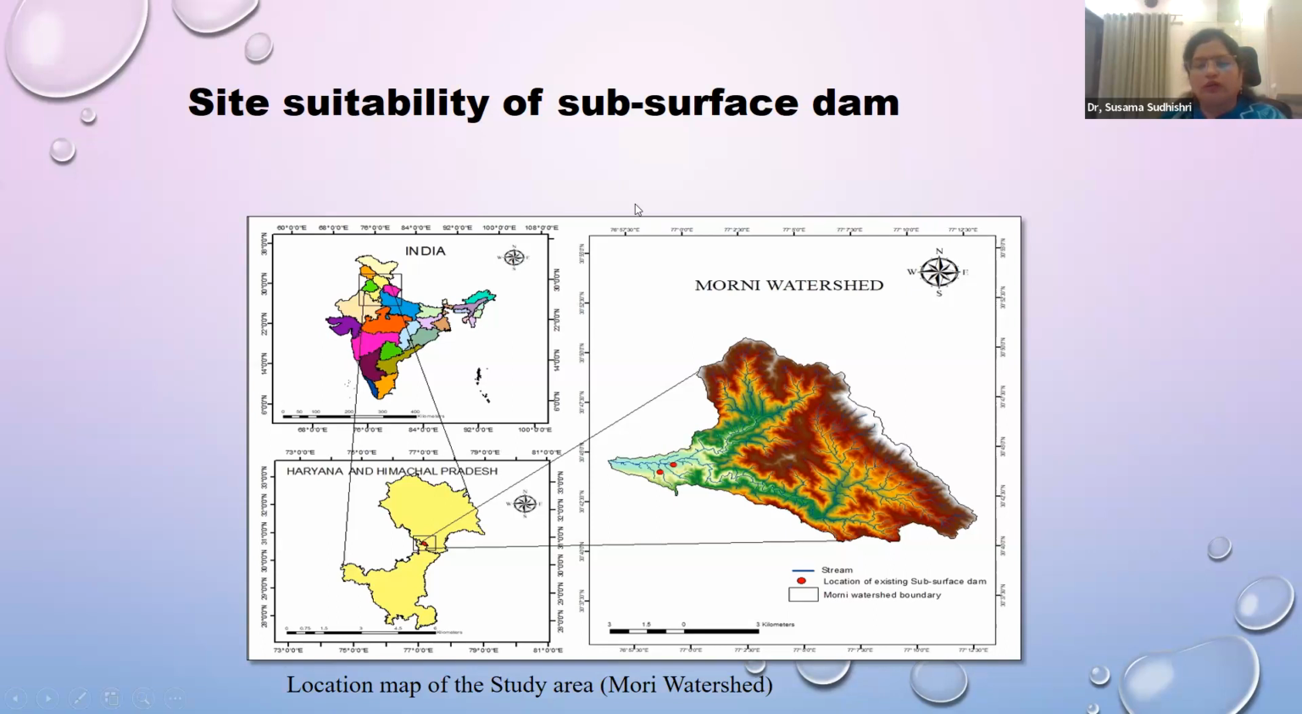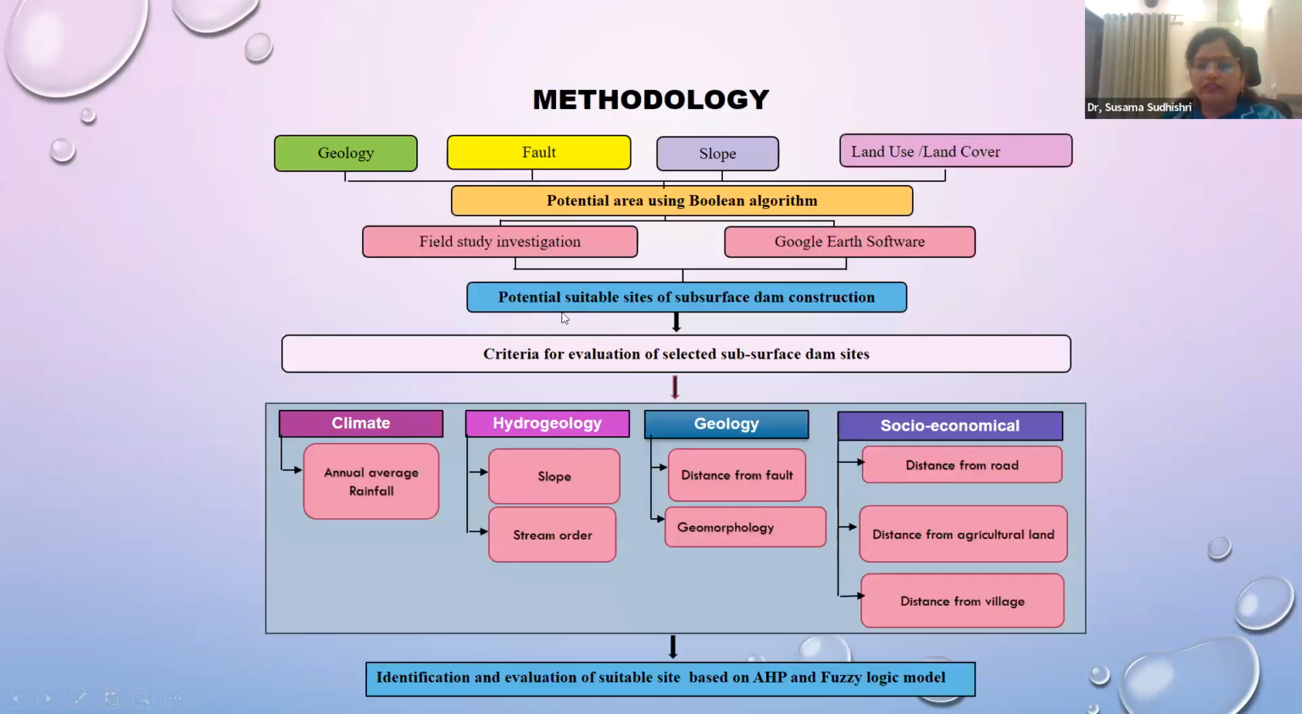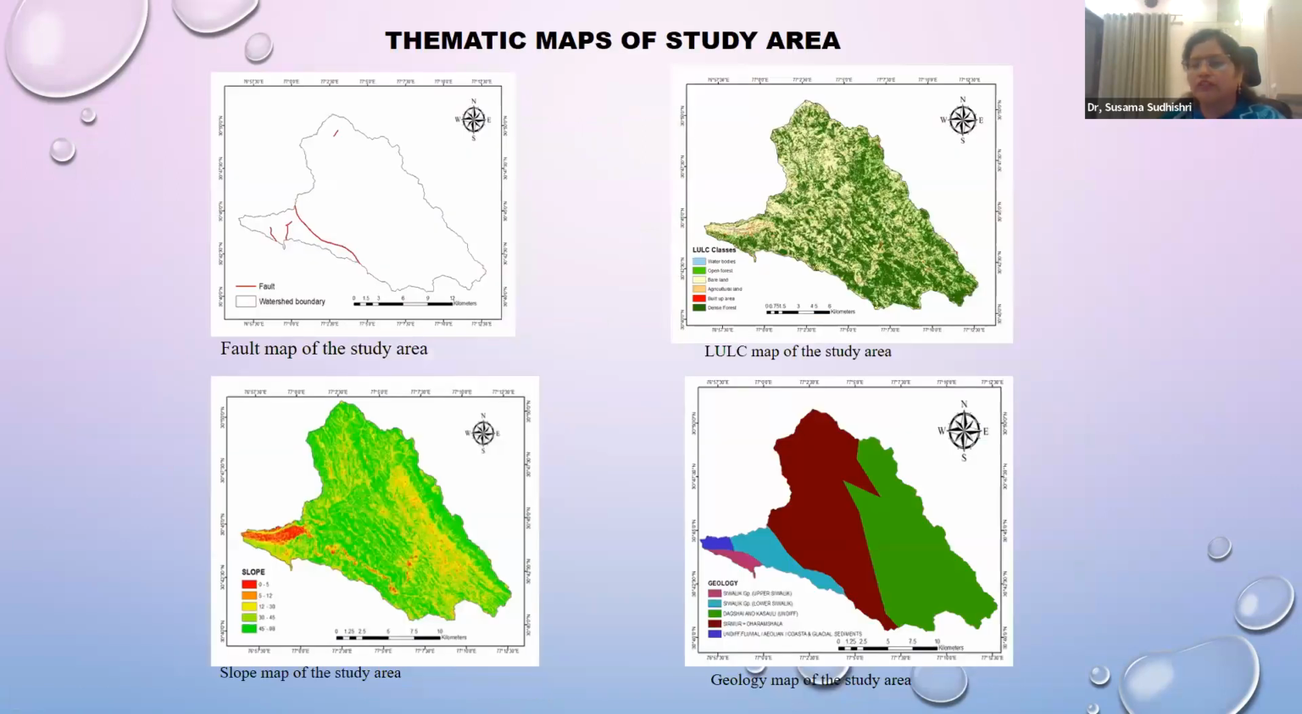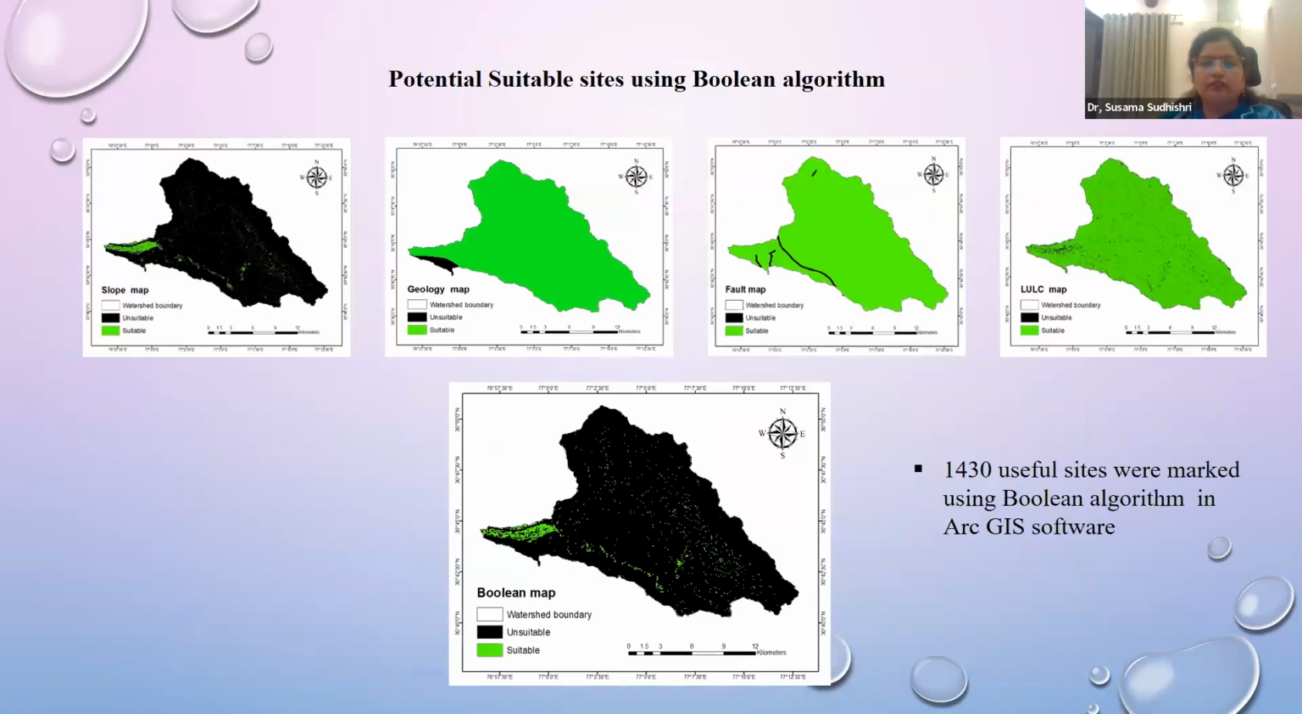That work I am also doing in the Sivaliki Hill of the Himalaya. So what are the different strategies we are using through different techniques? About climate, hydrogeology, geology, socio-economic parameters, or through remote sensing and GIS and multi-criteria decision-making tools. Those things I am applying, and these are the thematic maps we have developed, and these are the potential sites we have found in Sivaliki Hill, where subsurface dams we can